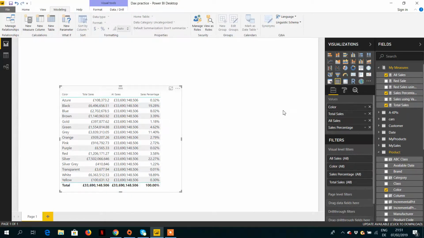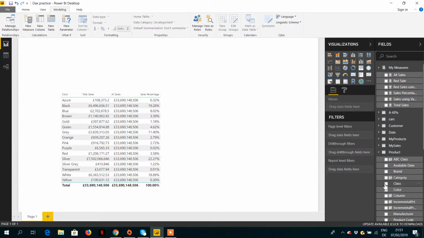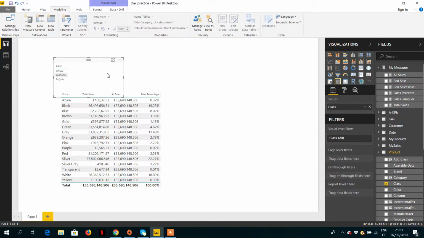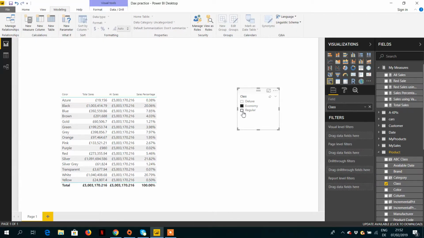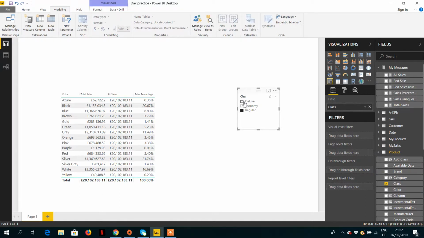So what happens if I put in one slicer, maybe from the class? If I take the class as a slicer and click Deluxe, you can see it is filtering everything perfectly fine.